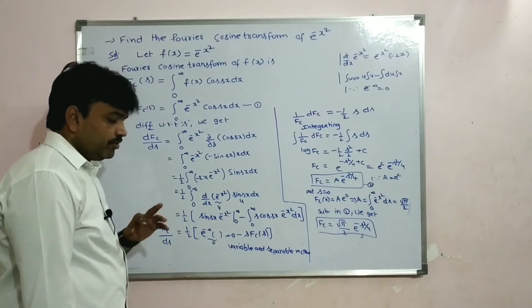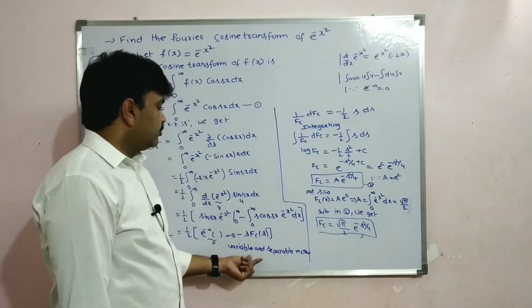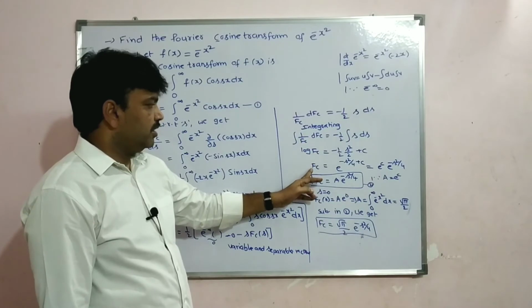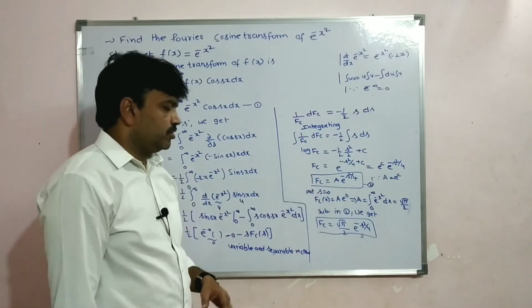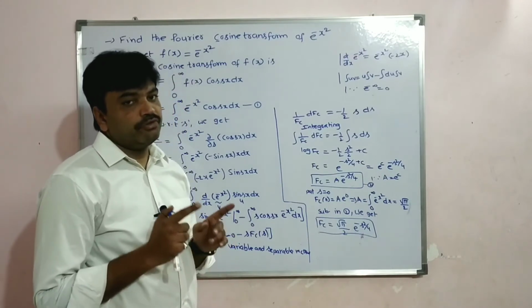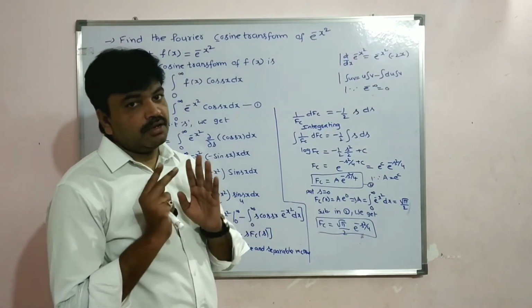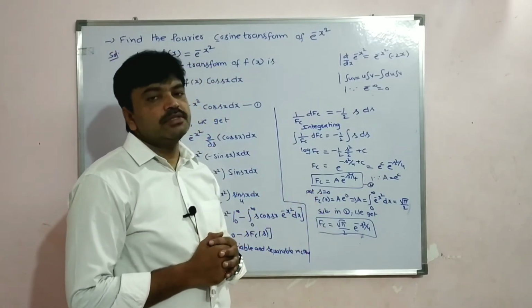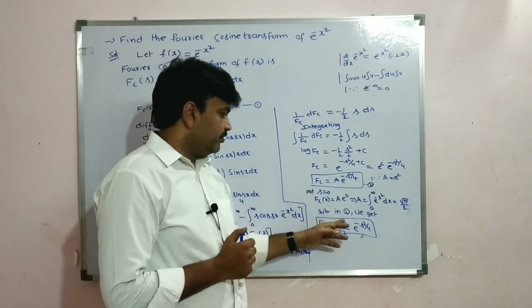So we can apply the variable separable method. Just simply integration, students, we get the fc value. But here we have an arbitrary constant, students. In this case we also find the arbitrary constant value. So put s is equal to 0, then we get the a value, students.